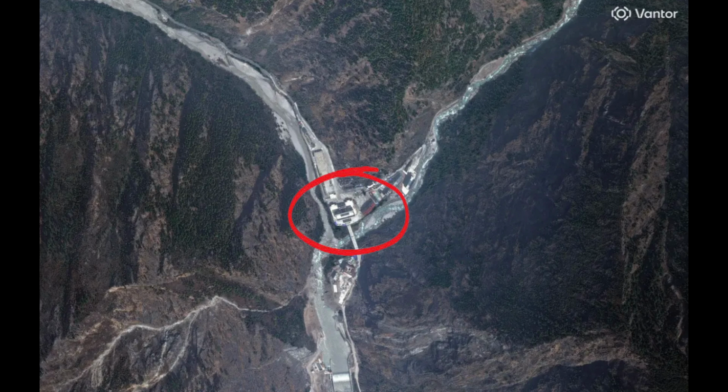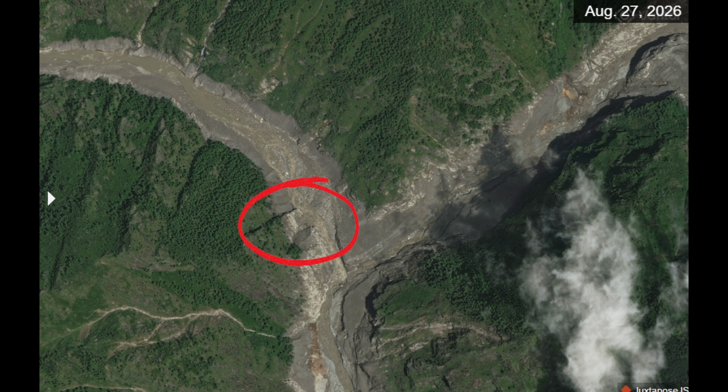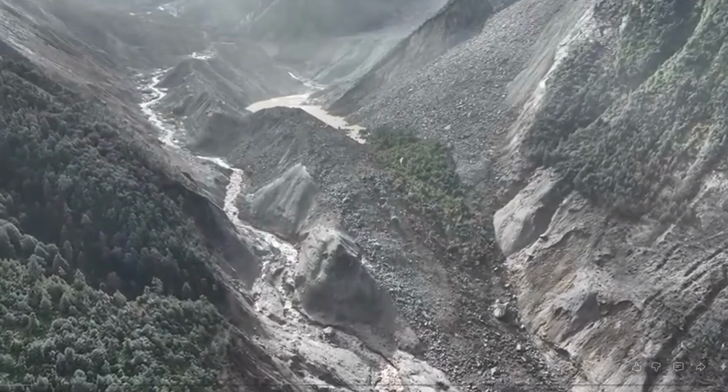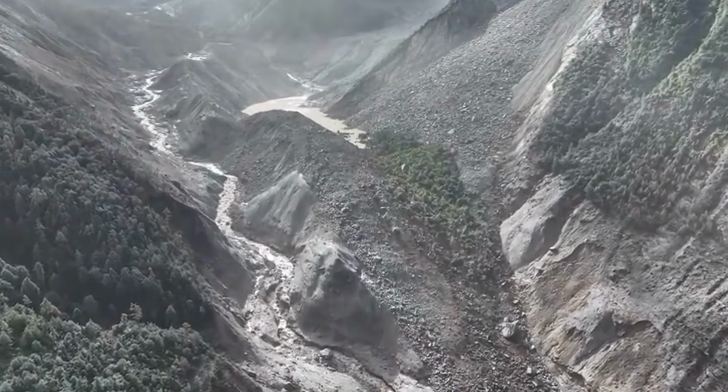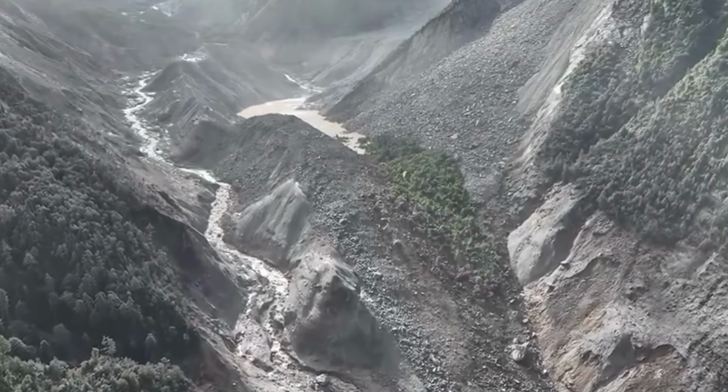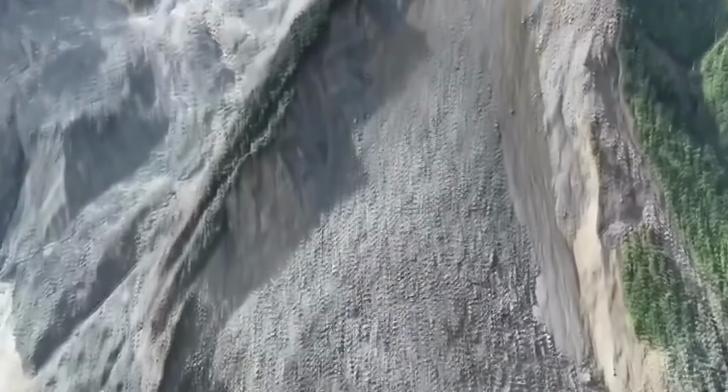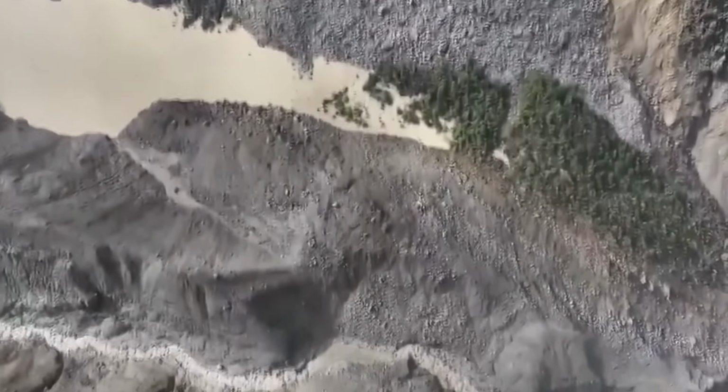Here's a satellite view of the immigration center before the debris flow, and now afterwards. It's entirely obliterated, taking hundreds of people with it. Now we have a new drama unfolding, and that is debris from this glacial collapse has now blocked the river. It's the debris left over after the massive water has passed through, and the river is starting to impound behind this debris dam, and Chinese officials anticipate a breach here in the coming days, which could lead to another flash flood, discharge of water downstream, which is a second devastating blow as people are trying to effect rescue and recovery